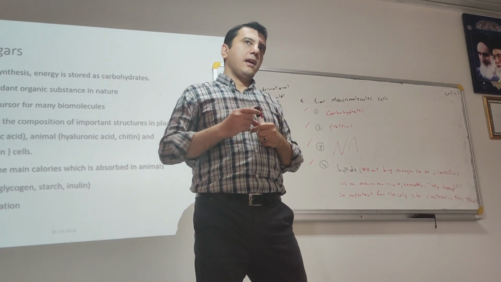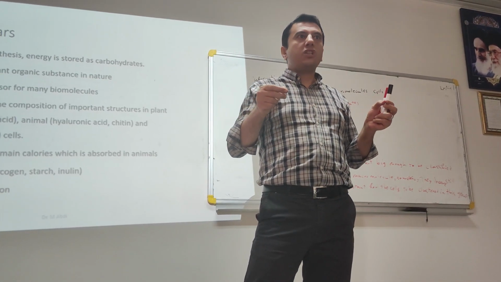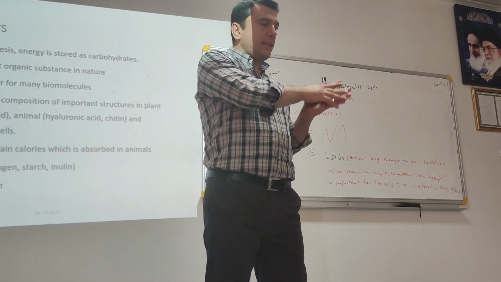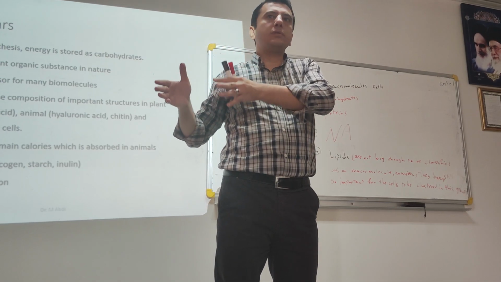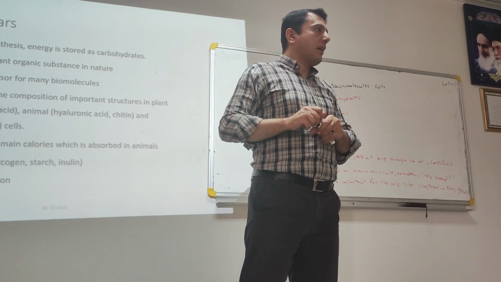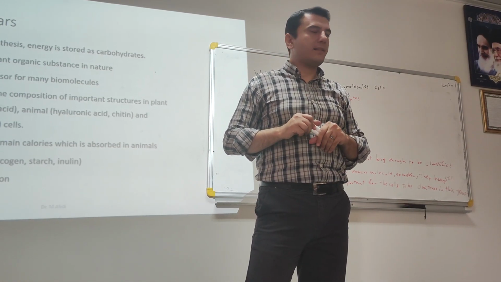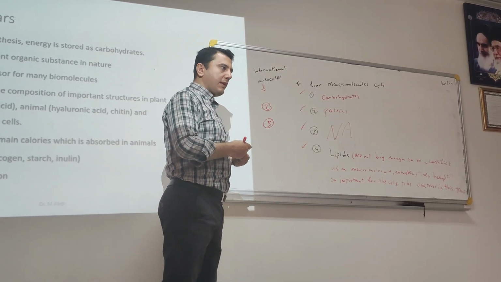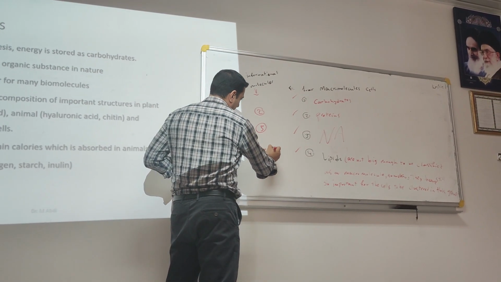If an amino acid in a protein structure changes, that protein does not follow its routine function. We have an example for this matter, a disease we name sickle cell anemia,